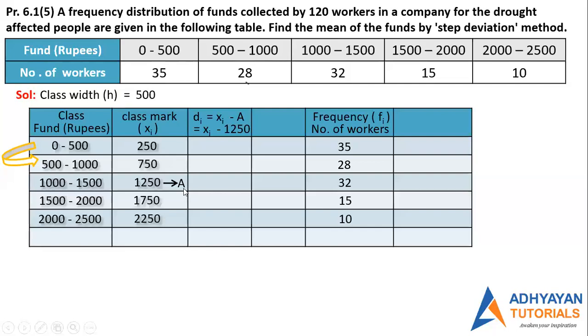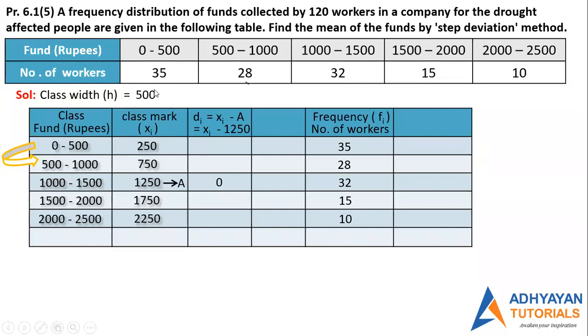Khushi says, write 0 in front of 1250. So I'm writing 0 in front of it. This is what you are telling me, Khushi, right? Yes, sir. What do I do next, Khushi? And then we have to write the table of classes, that is 500, above 0 and below 0. So it will be minus 500 and minus 1000 above, and 500 and 1000 below. Perfect, Khushi. I will just make it simpler for you all.